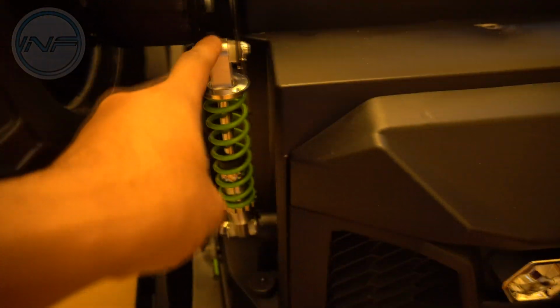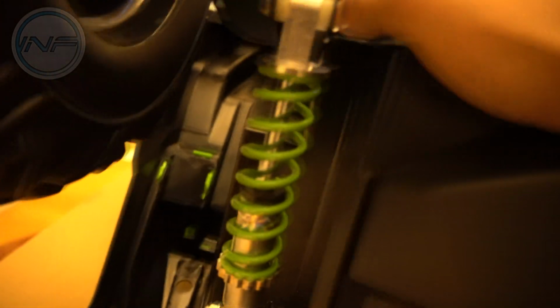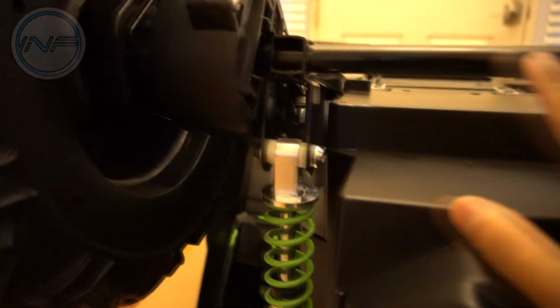Okay, so we've got the suspension installed here. As you remember, it was on the side and it wasn't assembled, so the hex nuts are already on the suspension itself, or the shock absorbers. So you need to undo those and then stick them through the holes of these brackets for the whole wheel assembly, rear wheel assembly here. And then you want to slide the axle through the tube here,